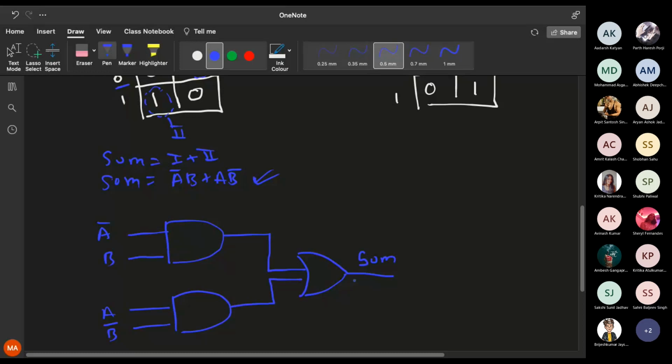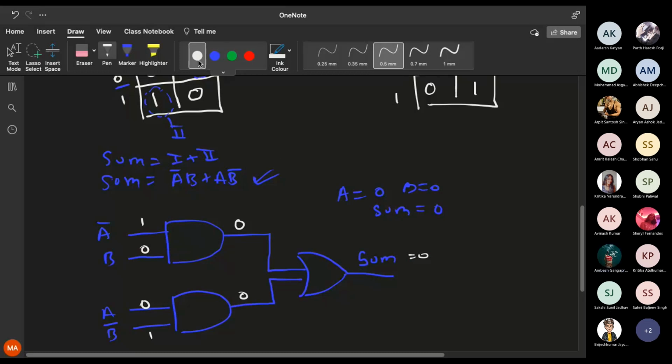Yes. Now we will check whether our circuit is working correctly. So what do we have to do? Keep A as 0 and B also 0, and what should the sum be? If A and B are both 0, the sum should be 0. If A is 0, what will A bar become? 1. What about B? B is 0. If anything is 0 on an AND gate, the output is 0. If any of the inputs is 0, the output is 0 for an AND gate. So when all the inputs are 0, the sum is 0. Got this idea?